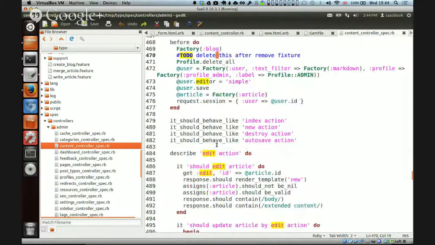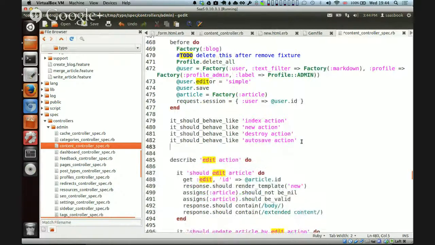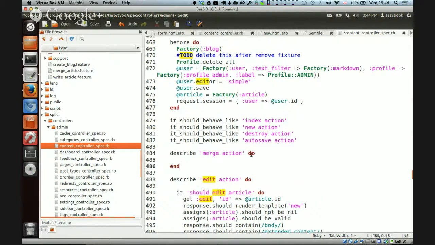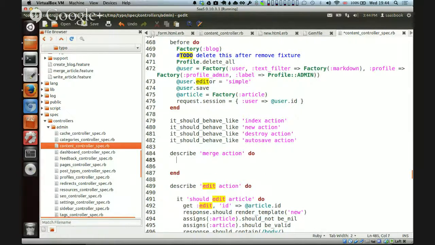So we've got describe edit action. I would be tempted to come in here and start with the describe merge. Let me think about it. I'm leaning towards it being a thing, and saying merge, and then I guess we've got